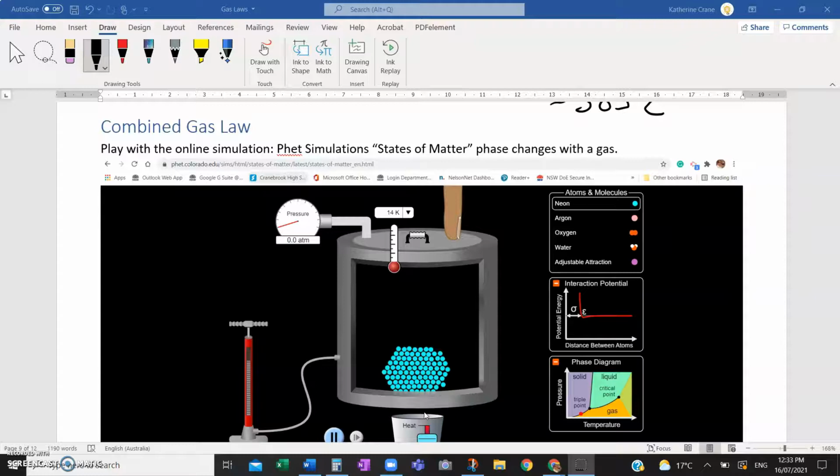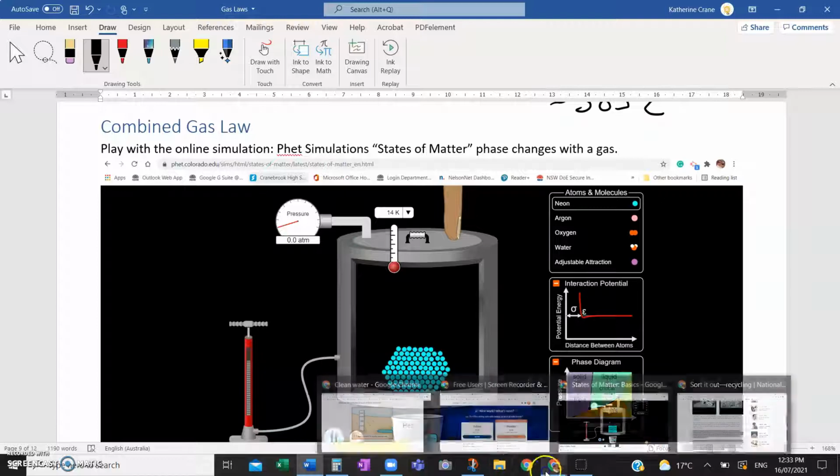Last two videos, maybe even one if I can do this in one. We're going to look at the combined gas law. And one thing I want to show you here is this simulation, states of matter. So if I flip to my website,